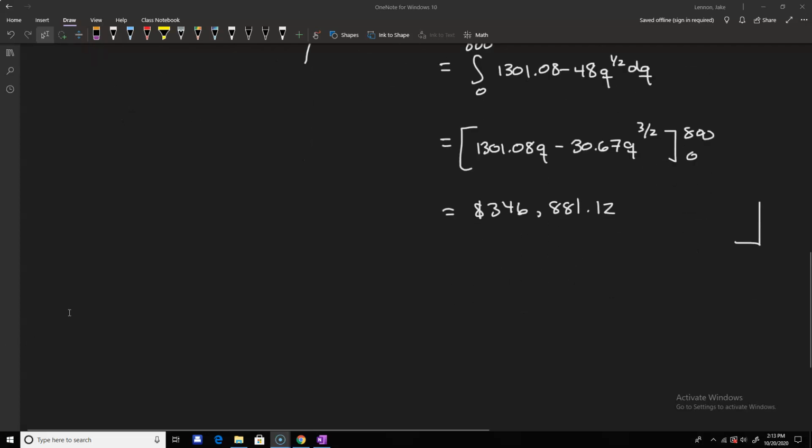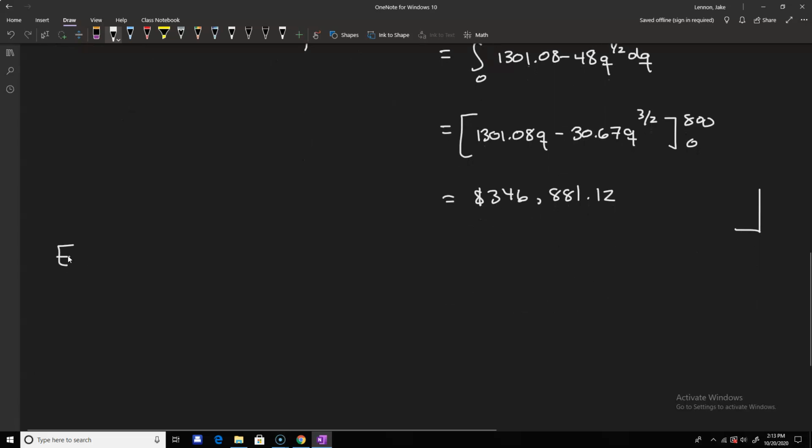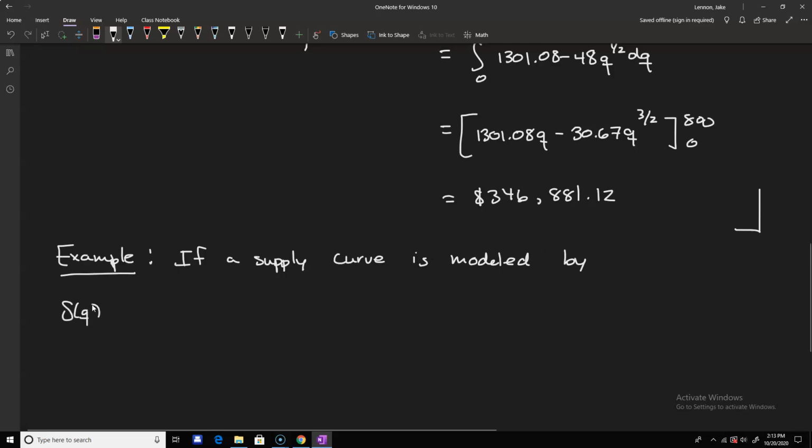So let's continue on with a producer surplus example. So in this example, we'll have a supply curve, and we'll be using formula number 2 from above. So let's say a supply curve is modeled by the formula S of Q equals 200 plus 0.2 Q to the 3/2 power. We want to find the producer surplus when the supply